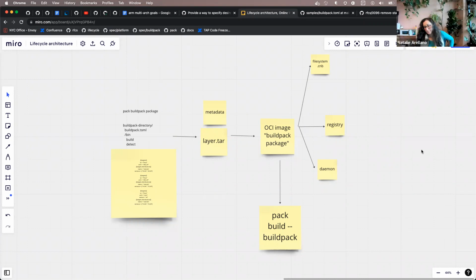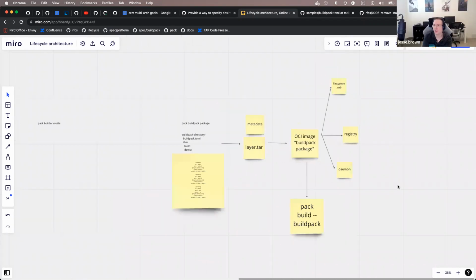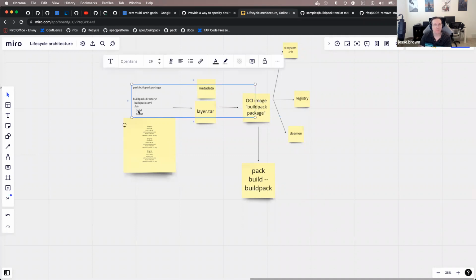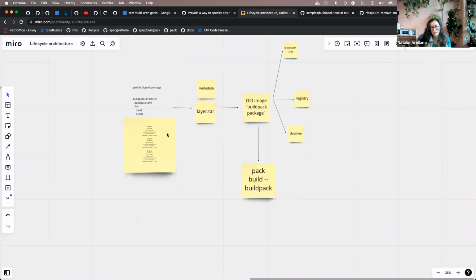And so it kind of depends on what our goal is here, right? But yeah. When you say compile tools, we're talking about like Go compile. Yeah, exactly. If you're using a Go compiler or a Rust buildpack, you're going to have to pass the architecture in to that process, which is sort of outside the purview of pack. It's expecting all your bits to already be on disk before it starts packaging. These are already executables by the time pack sees them. So we would basically be duplicating this whole thing.